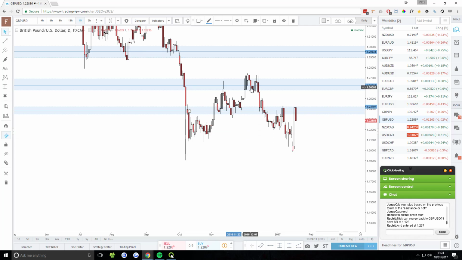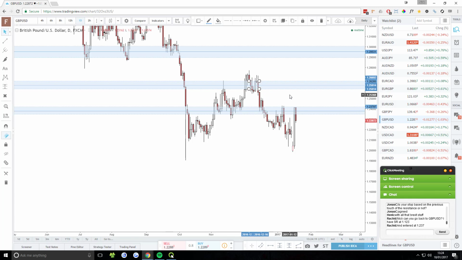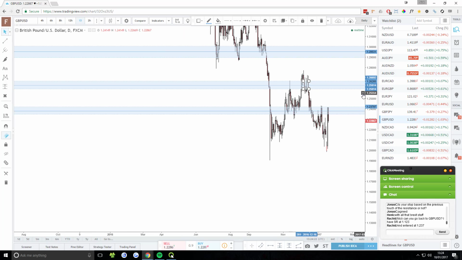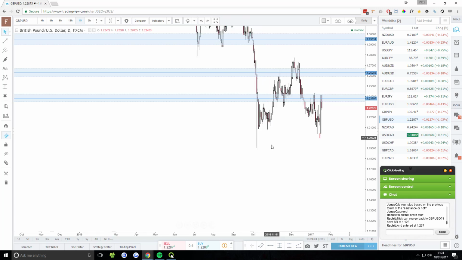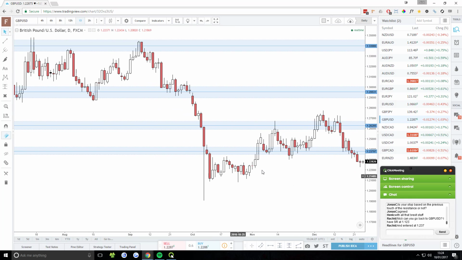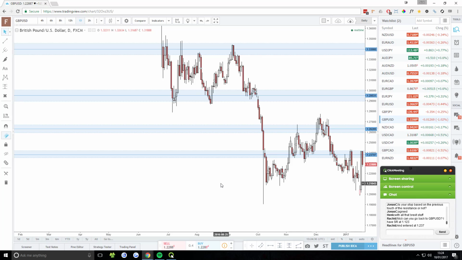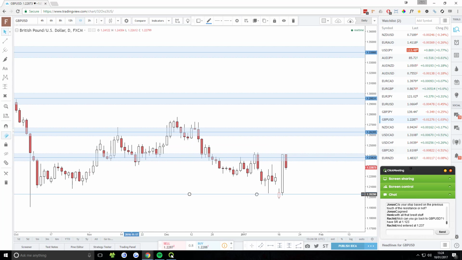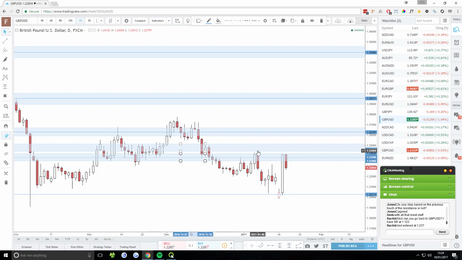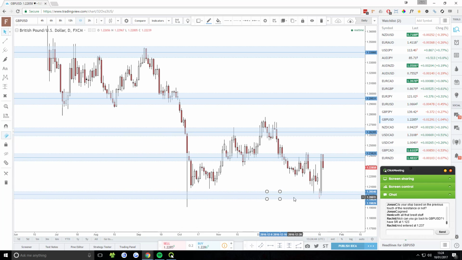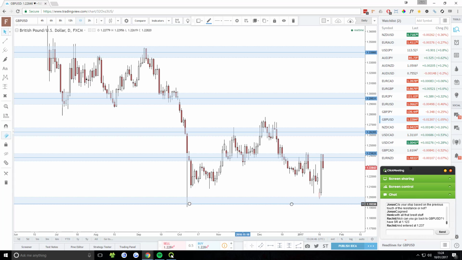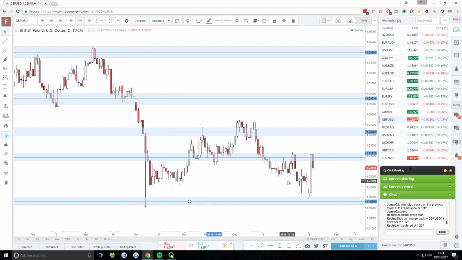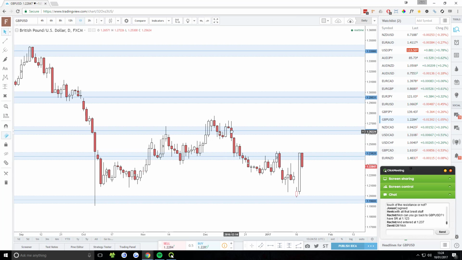GBP USD has pushed into new areas, and it's very hard to get accurate support resistance right now on this pair, just because it hasn't been down here since the 80s. So when it pushed down to here, this is the only data we really have for this area. So support resistance is a bit tricky to place. I see your logic behind placing one there. Yeah, I'm going to place something there. It's hard to get good support resistance on this pair.